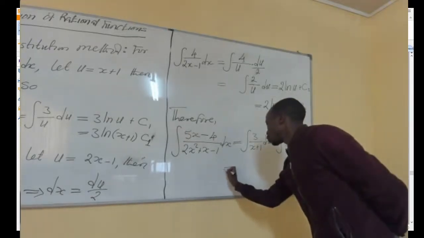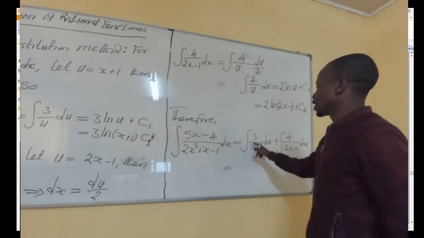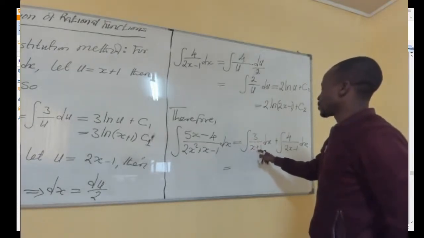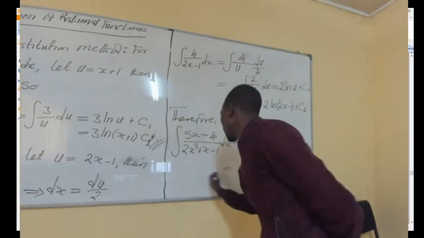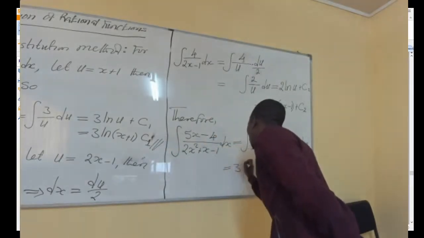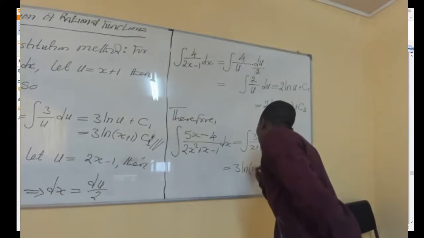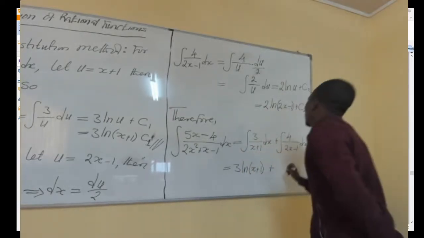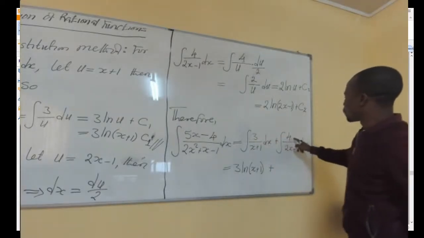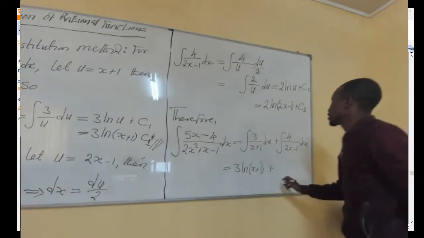This will be now equal to, now the integral of 3 over x plus 1 dx, we had found it to be 3 ln of x plus 1 plus the integral of 4 over 2x minus 1 dx, we had